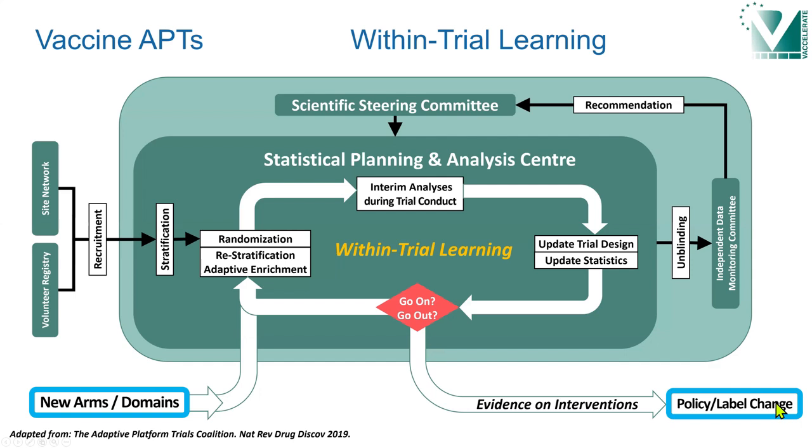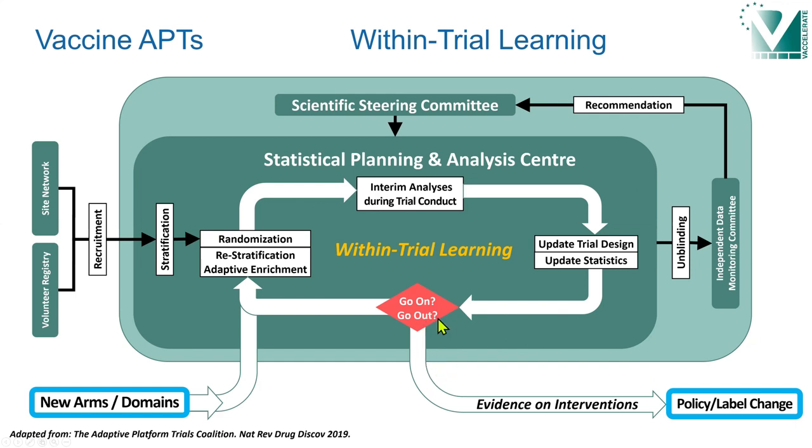So now this slide is a visualization of the within-trial learning in an APT, specifically in a vaccine APT. So here, down here, you feed new arms, new domains into this model, and what comes out eventually is evidence on new interventions, which may then lead to a policy or label change. And you have interim analyses during trial conduct that lead to updates of the trial design or updates of the underlying statistics. This is an iterative process. Here, at the red stage, the decision is taken whether an intervention stays in the system or goes out,